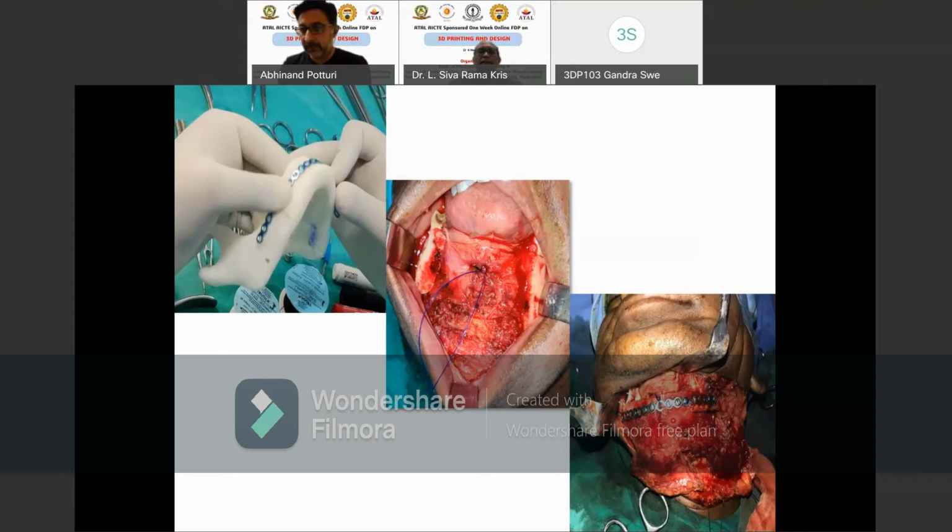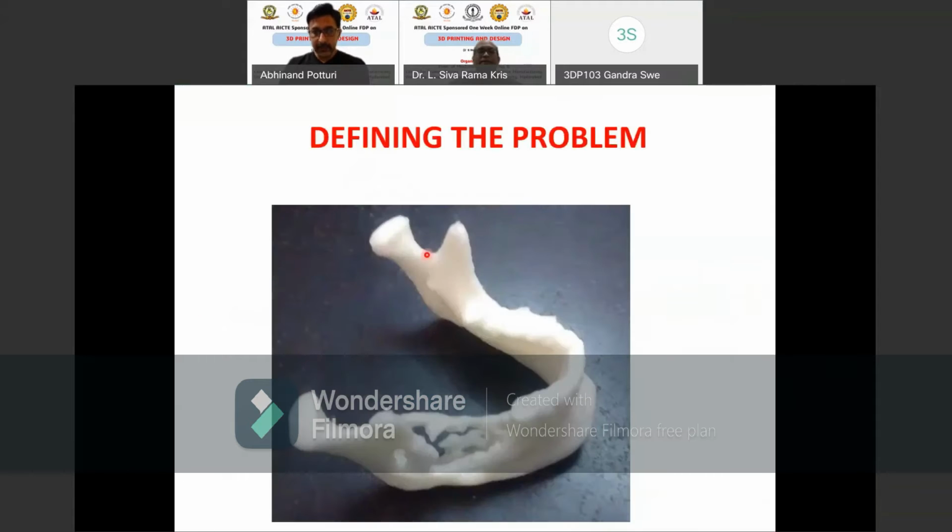Sir, you are saying something. So that leg bone you have taken into pieces, formed like a curve, and on that you put this. Yes, sir. And for us to form that curve, we need a 3D printing model of the jaw. Otherwise, we will not be able to know how to curve the bone in that shape. To bend the plate, you are using this 3D printed model. Then behind that, you put those pieces, so they will join later in a natural way. They will try to join. Yes, sir. So once that is done, see, this is what it is.